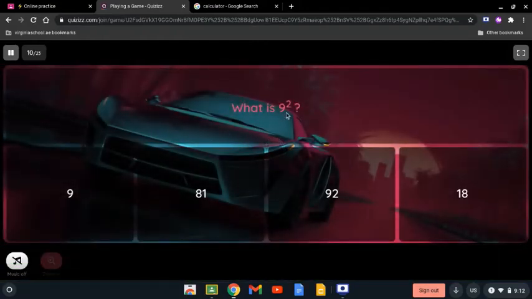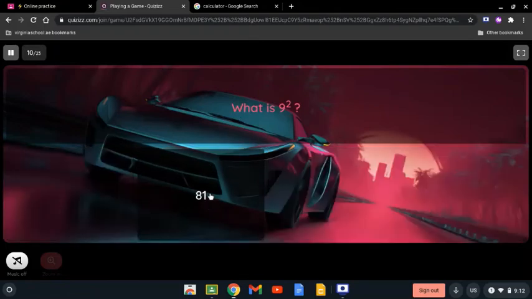Now, what is 9 to the power of 2? Again, we have 9, so you're going to multiply 9 by itself 2 times. So 9 times 9. You're only going to multiply 9 2 times, and 9 times 9 is 81. You can always use a calculator just to make sure, but it's the second answer,